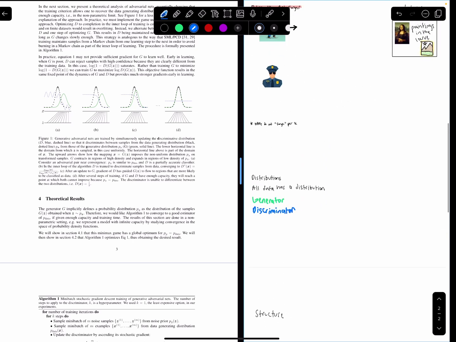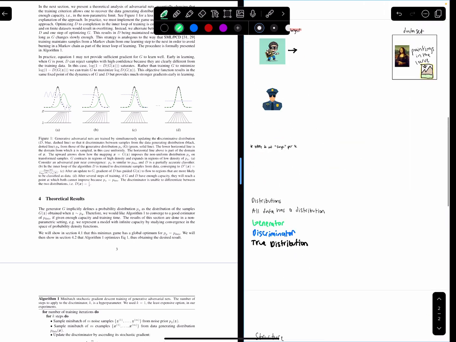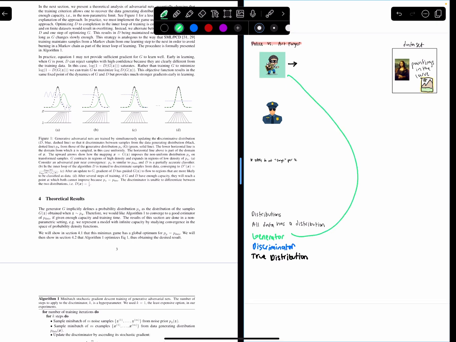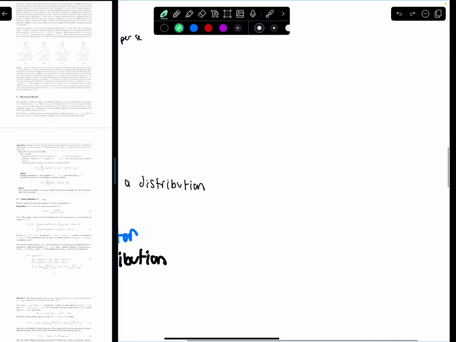And keeping up with the analogy, one last thing is going to be the true distribution. The generator is going to be the art forger. The discriminator is going to be the police officer. And then the true distribution is going to be the Louvre. And so what's going to happen is that